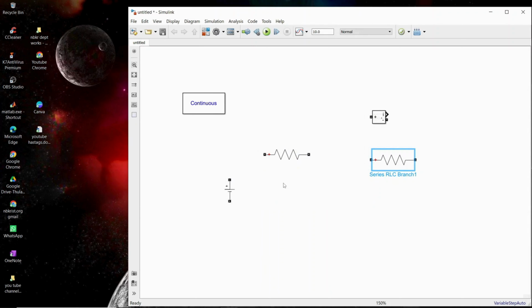So after this you are having a shunt branch. Copy this branch as Ctrl C and paste the branch as Ctrl V and click on this branch and use the rotate Ctrl R, automatically it will be rotated. So we had a bridged element and we require one more element. So copy this element as Ctrl C and paste the element as Ctrl V and just rotate with the Ctrl R button,